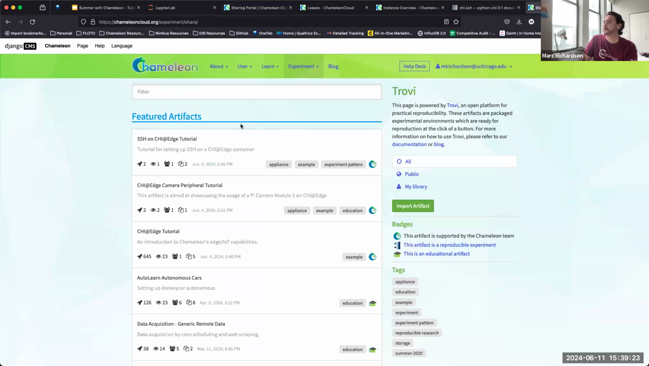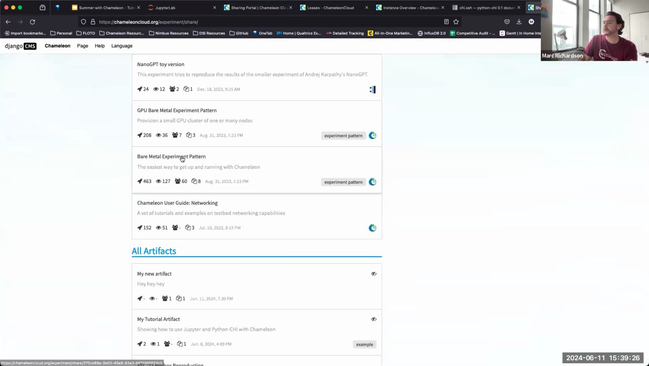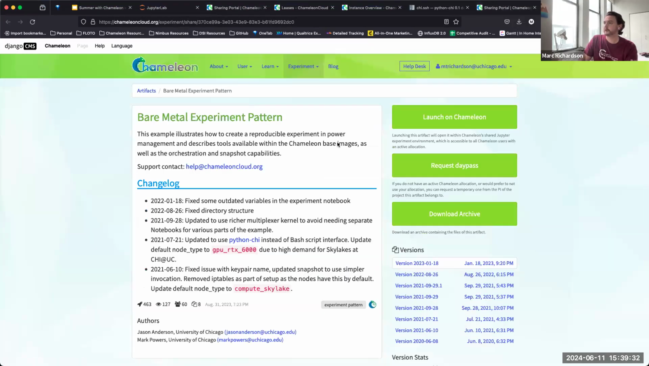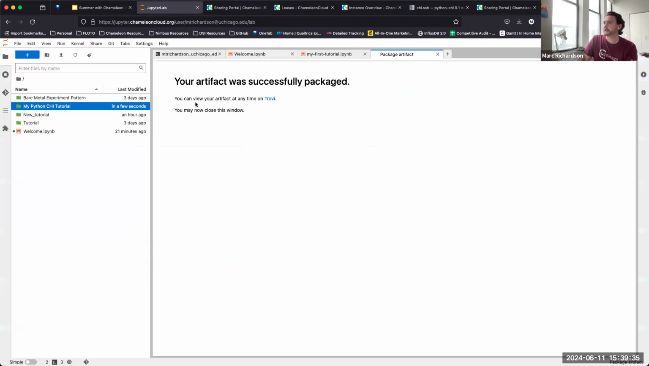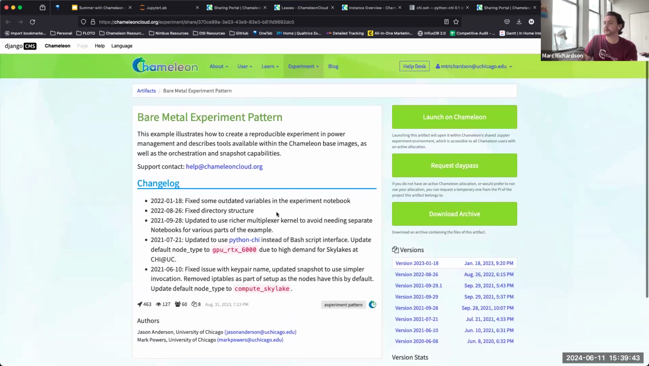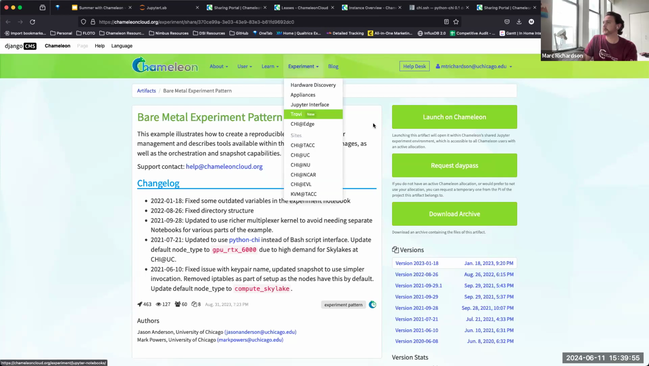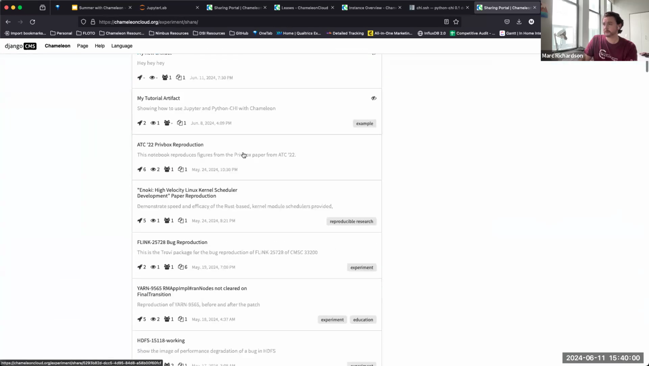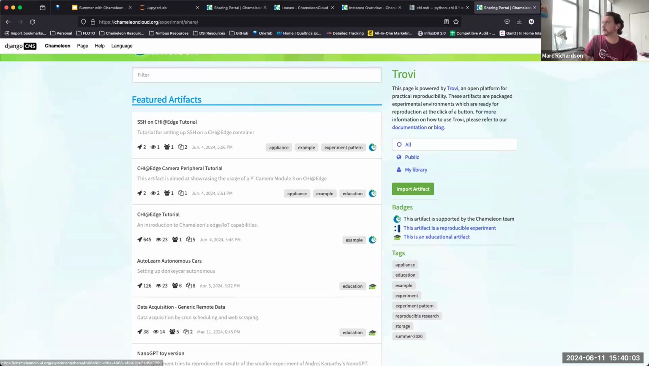And this is a good segue into what we'll go over next, which will be this bare metal experiment pattern, which is going to be a little bit more of a complicated example of how to use the Python Chi library and the Jupyter interface to actually create artifacts and help structure your experiment, make it more reproducible, make it easier to share your work with other folks as well. And we'll start by going to the Trovy repository. And as I said, there's a bunch of artifacts that are linked on here. Trovy is basically a way to